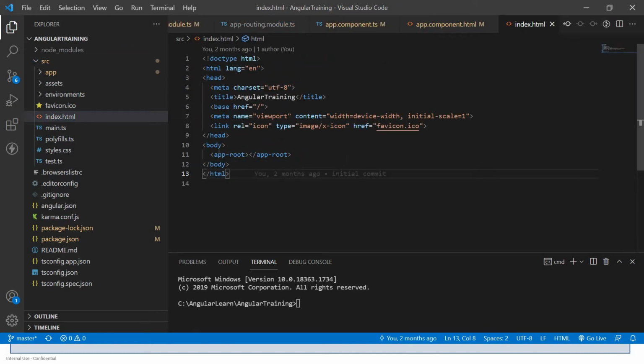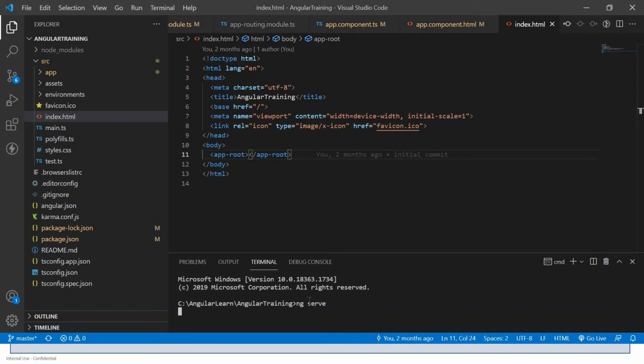If you see, the index.html has one app-root tag, right? This tag is basically rendering the whole project. Before that, the CLI is adding some dynamic JavaScript files to this page. Let's see it in action.